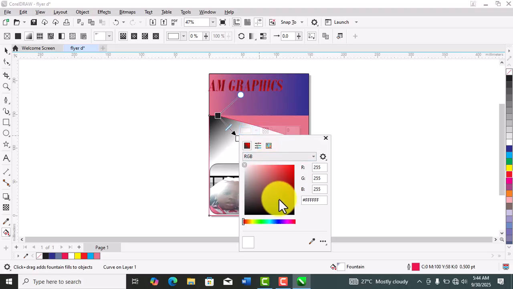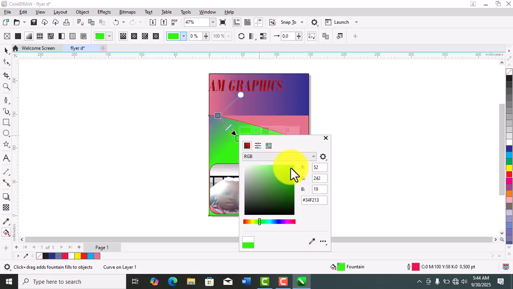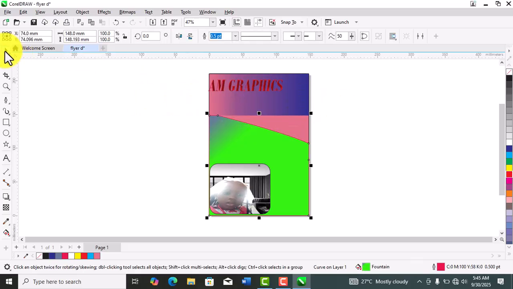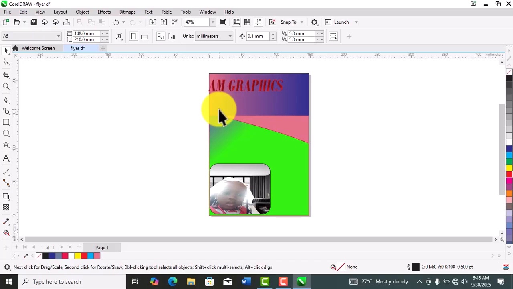You can start picking the color you want, and you can pick it here also. You see that. If you now leave it like this, you can now see that is where you have different color in your design. So this is exactly the basic tools